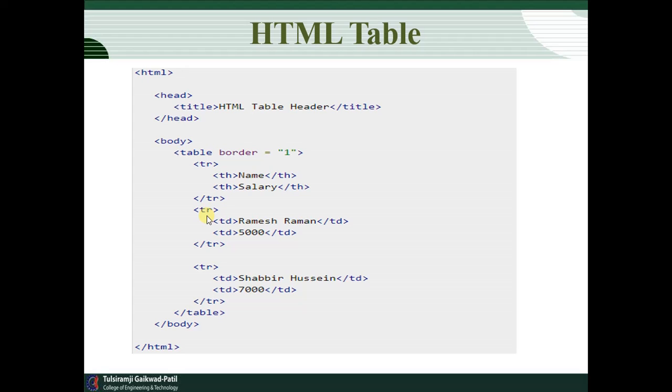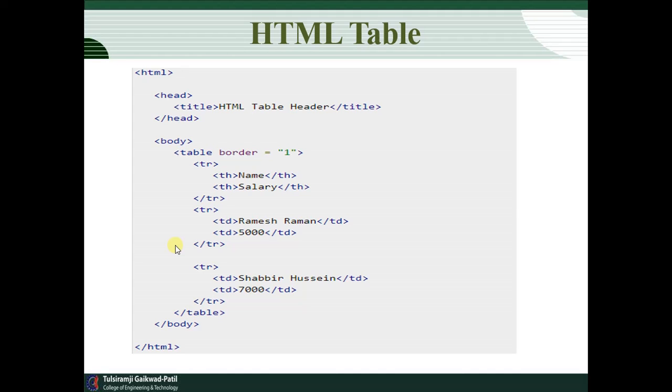Now if you want to add a third row, you need to open the tr again. Here again we have opened the tr tag and td tag for data, so here it is indicated td, it is a salary, and again we close the tr tag. After completing this, how many rows have we created? Here we have created 3 rows. The first row for the heading, the second row for the table data, and the third row for the table data.